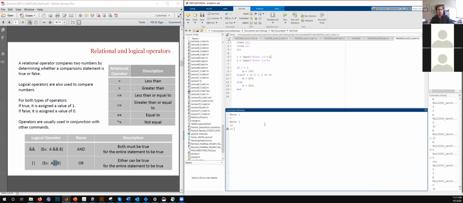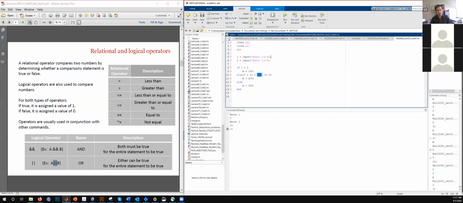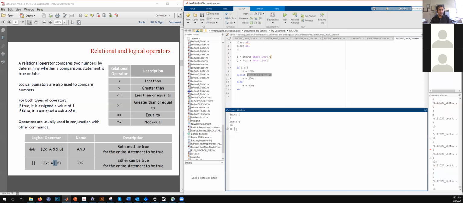200. 300. It's actually going to be 300. It's not 200 because this, I said, is the OR operator. So when I assign that both i is 0 and j is 10, it's no longer true, this condition, because both are not true. So it's going to go to the next line. But if either one of them is true, then it's going to give m to be 200. So let's just check that out.